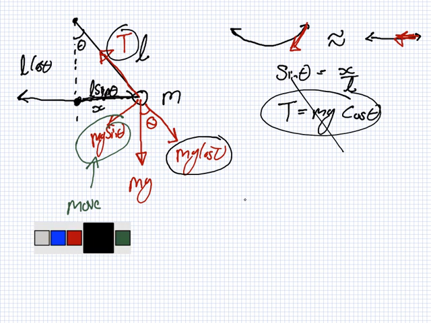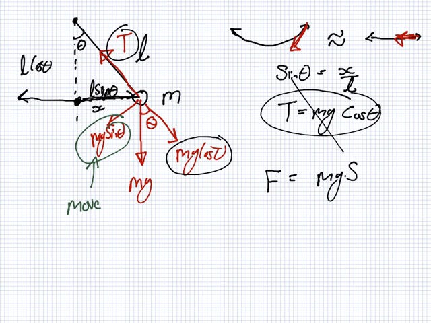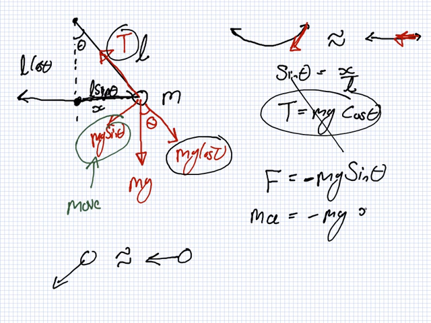Yeah. So the force here will equal mg sin theta, and it's a minus because it's going to the left. And we're saying that this is roughly equal to that. Roughly. Okay, F is ma, because of Newton. And sine theta is x over L, we said earlier. So, the m's cancel, and you get a equals minus g over L x.